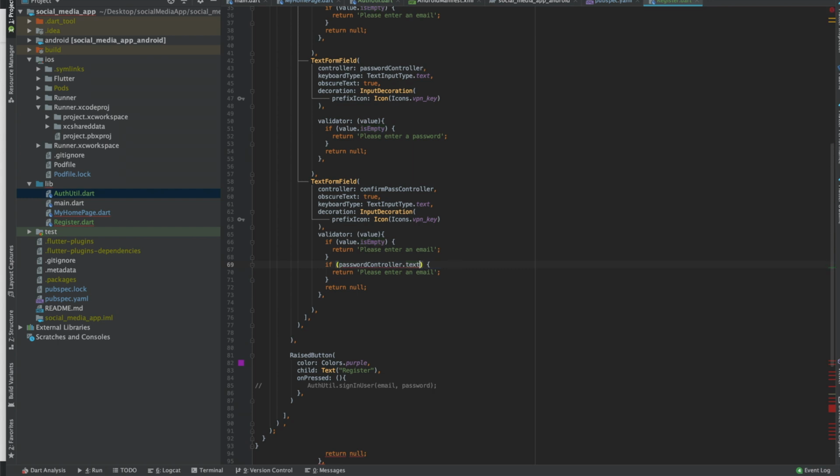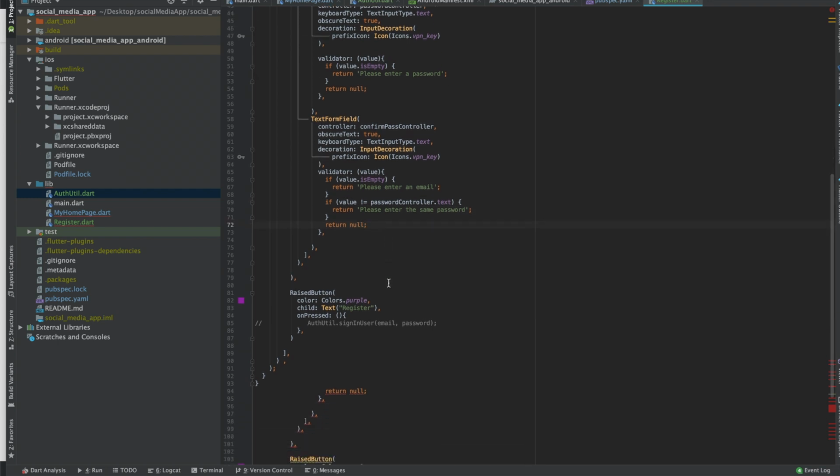So we want to check if the value, sorry, is not equal to password controller text. Basically, if this confirm password is not equal to the password that we entered, we want to tell them, please enter the same password. I guess I have to look at some apps and see what they used, or even what